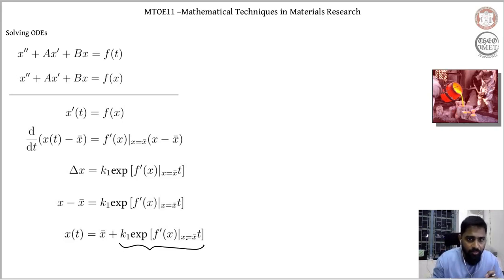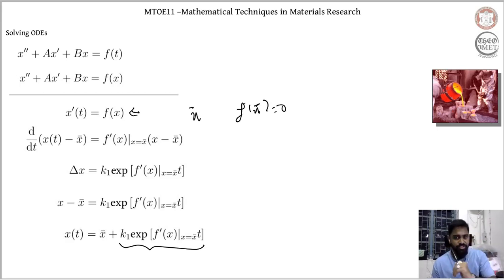Now, in order to solve this expression, I assume an x bar wherein my momentum is 0, that means my f of x bar is 0. I'm considering specific positions wherein my momentum is 0. Based on this f of x bar, I'm expanding my original forcing term that brings in the nonlinearity, expanded around my x bar, which is the position wherein my momentum is 0.